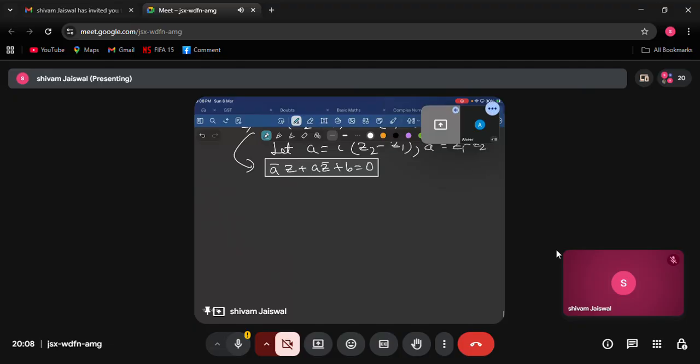So everyone, the complex slope of the line will be omega is equal to minus a by a bar. Remember, if the equation of a straight line is given in this format, then the complex slope of the straight line is equal to minus a by a bar. Always